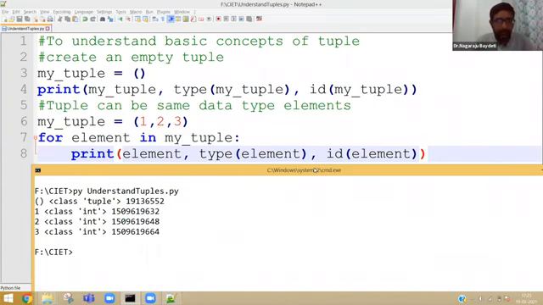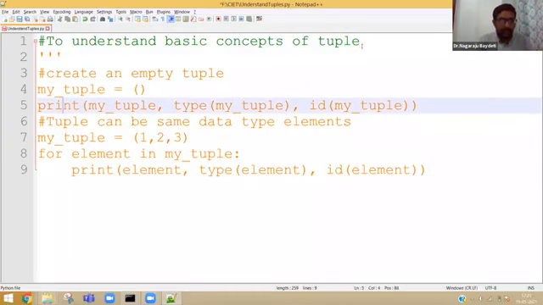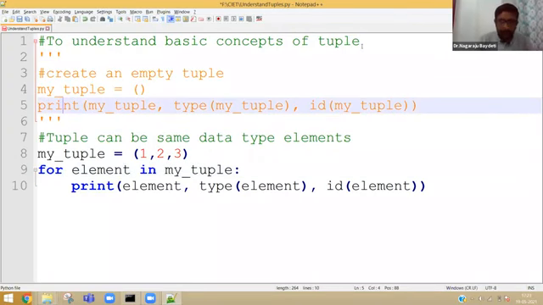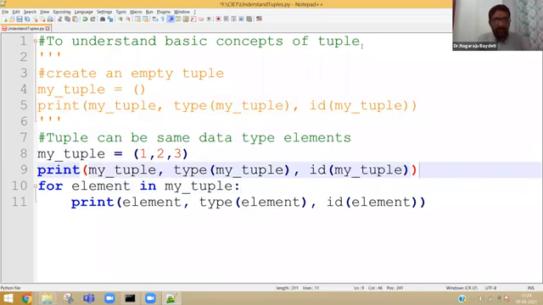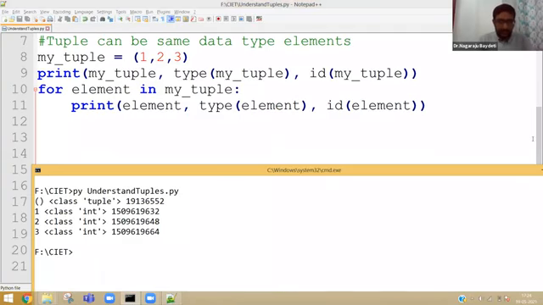So you can see here it is a tuple object. Let me put the empty tuple into comments. Just a second, guys. Before printing each and every element, I am also trying to print the tuple as a whole. Yeah, this will be correct for taking a screenshot as well.